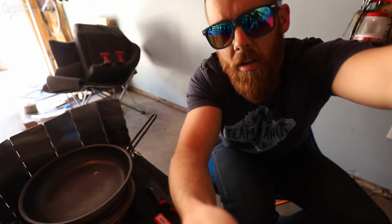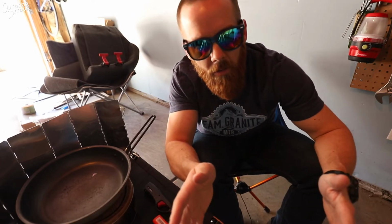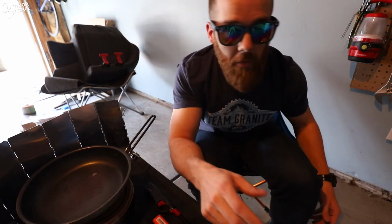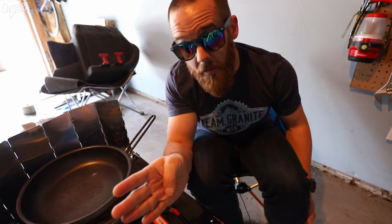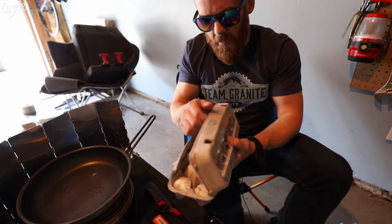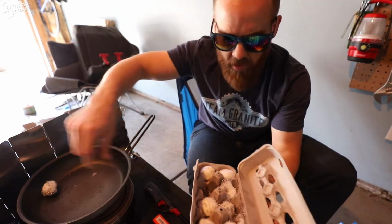Alright, so just let me adjust this, but just to recap, yesterday I showed you a few combinations of ingredients you can use to make some fire starters, primarily with cotton balls, petroleum jelly, soy wax, and magnesium shavings. So today, here's some of the ones that I made yesterday. Today we're going to take some of these, we're going to throw them all on the pan, and we're going